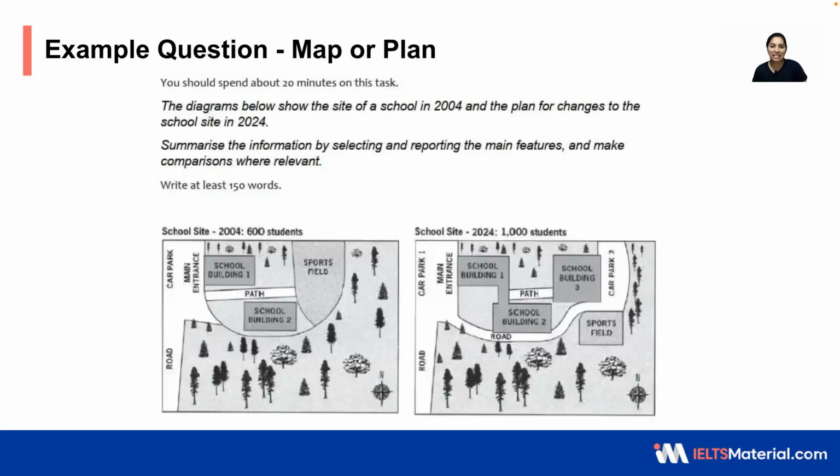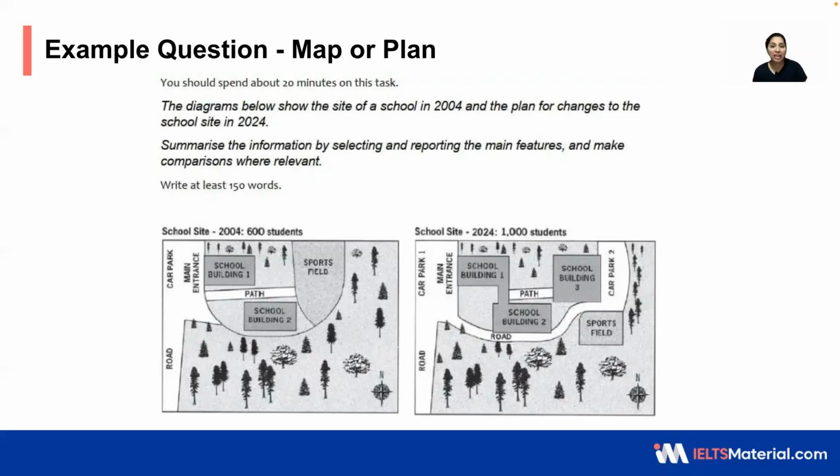The second category is it may have 2 maps, 1 map describing about the past and 1 map describing about the present condition. The third category will also have 2 maps, but the first map will contain the present situation and the next map will contain the estimated construction or the estimated development in the future. In short, the first category has only one map of the present or the past condition. The second category will have two maps, past and the present condition. The third category will have two maps, present and the future condition.